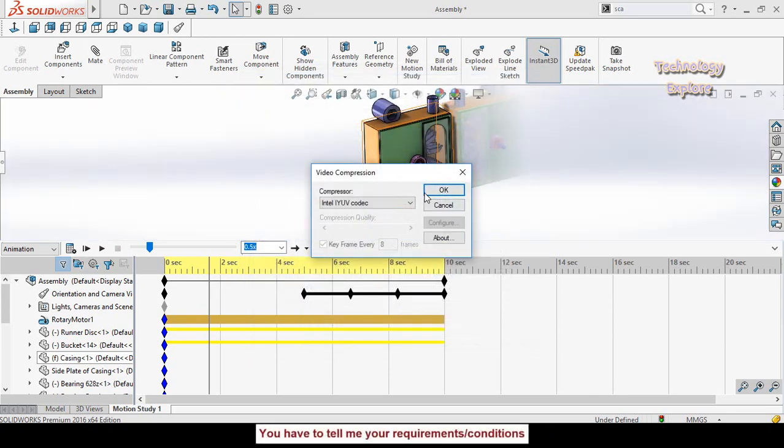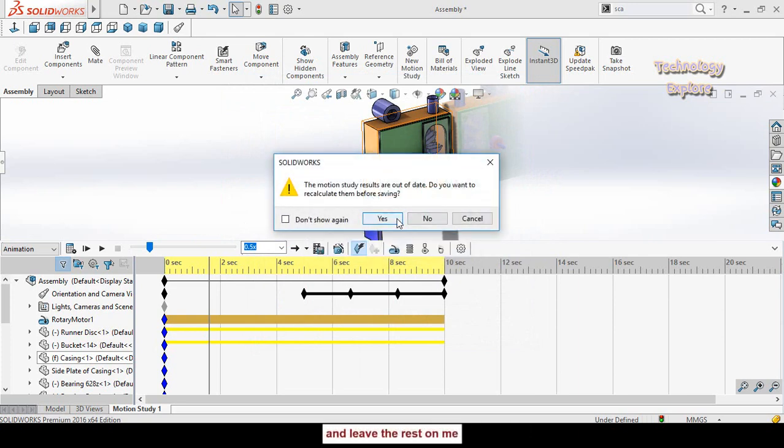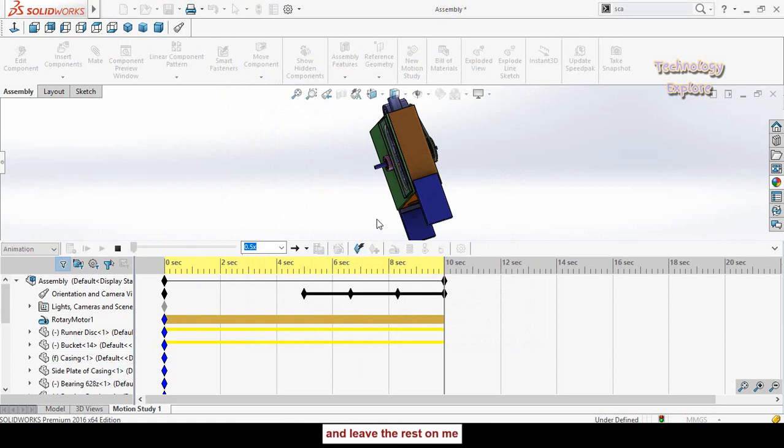It will recalculate the whole animation and then save it on the hard drive. Now press the Yes button.